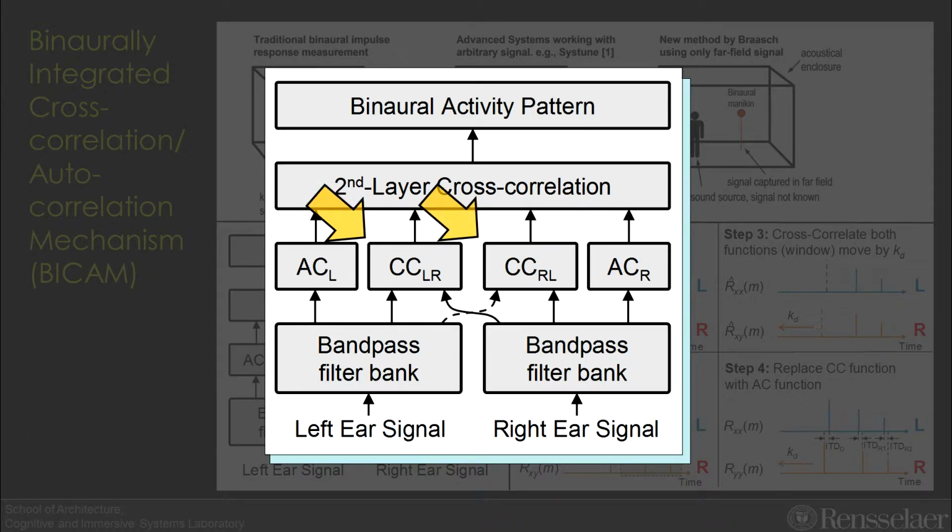But in addition, we also have two stages that compute the autocorrelation function for the left signal and the autocorrelation function for the right signal. The autocorrelation function for a signal that's sufficiently non-harmonic is a pretty good estimator of the positions of the reflections and the amplitudes. And then we have a second layer, a cross-correlation function, on top of that,